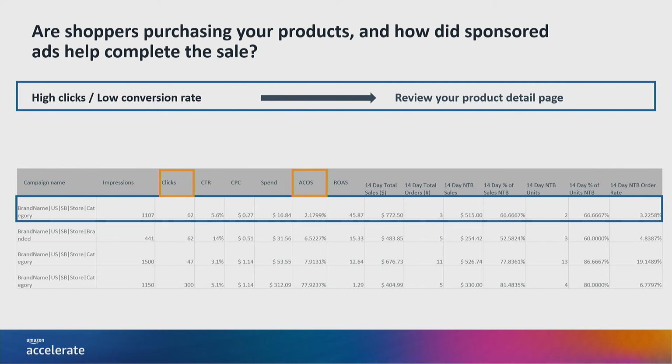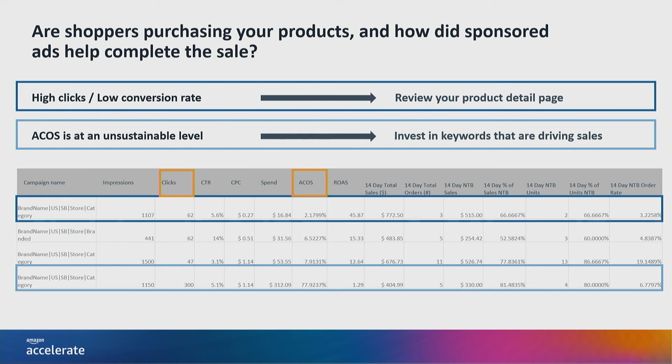In the box I have circled right now, you can see that I've received 62 clicks, but you can also see my 14-day total orders are only 3. So I have a good number of clicks and a low conversion rate, which means that I should review that product detail page. Now, if your ACoS is at an unsustainable level, especially for keyword targeting campaigns, continue investing in